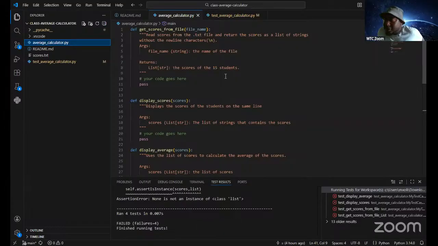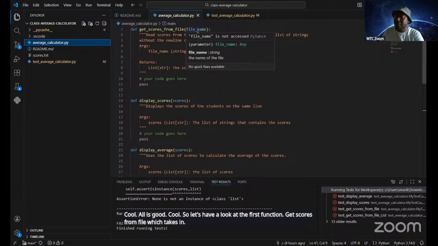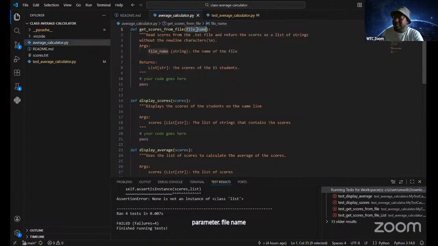So let's have a look at the first function, get scores from file, which takes in a parameter file name. This function is supposed to read scores from the .txt file and return the scores as a list of strings without the new line characters.